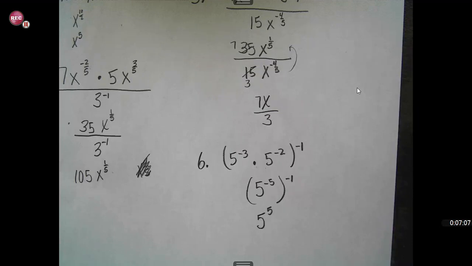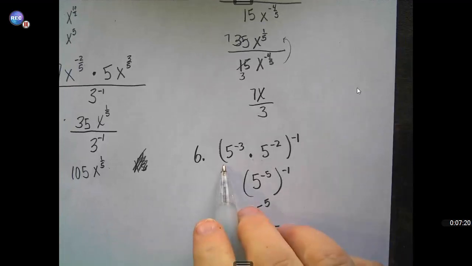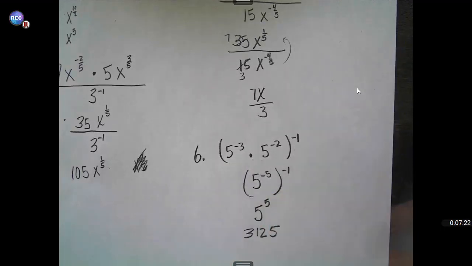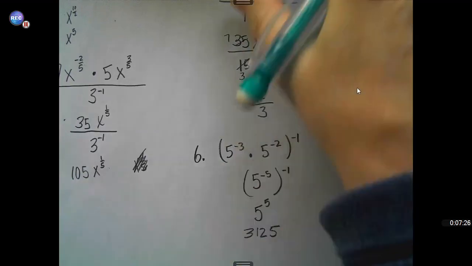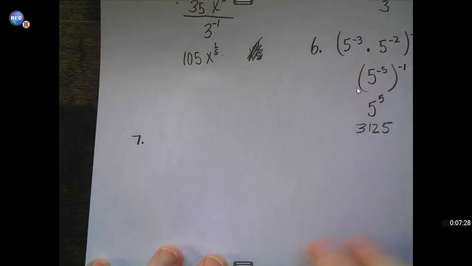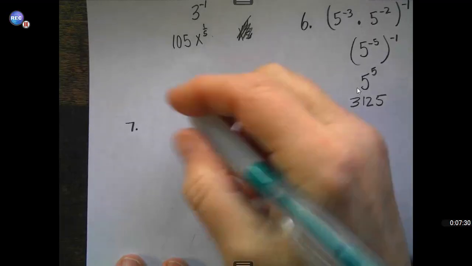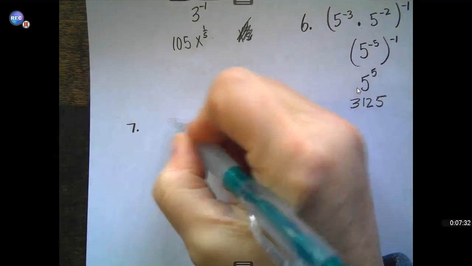I know 5 to the 4th is 625, so 625 times 5 is 3125. And again, you could also punch this in your calculator with parentheses, just the way it is, and get the right answer doing that as well. Okay. Number 7 is 625